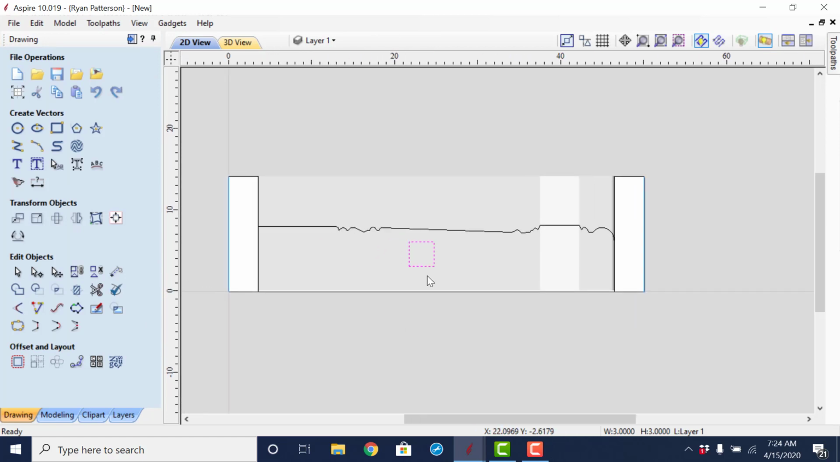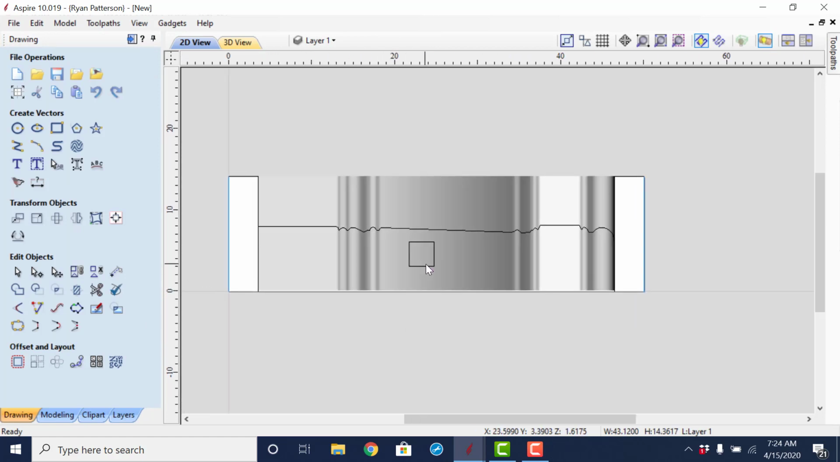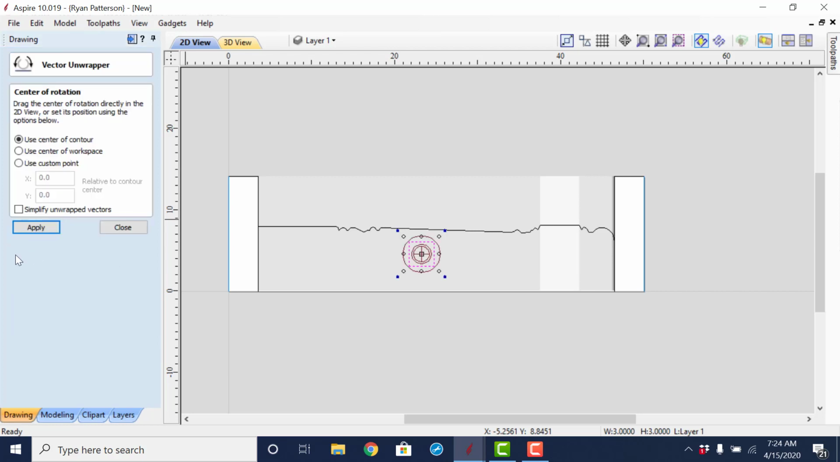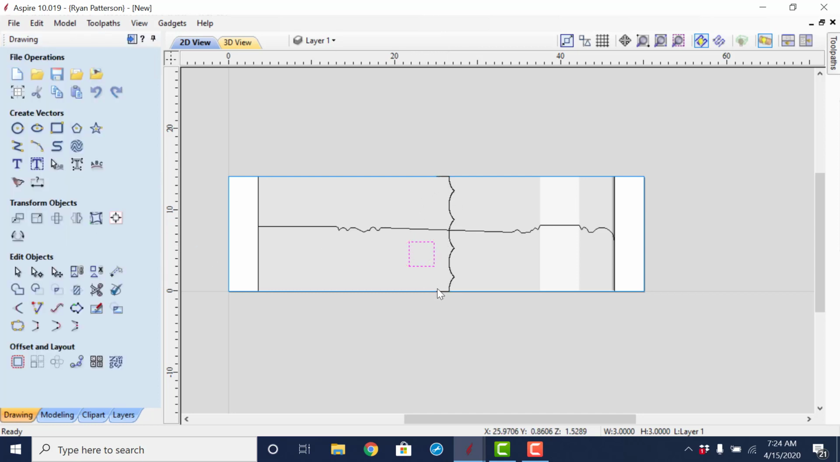Now, with this square selected, we're going to come over here to transform vectors and unwrap the selected object. Now this is a new feature, I believe, in version 10. Prior to version 10, this was a gadget that was able to be used. So just simply clicking this button here and apply will now unroll that square